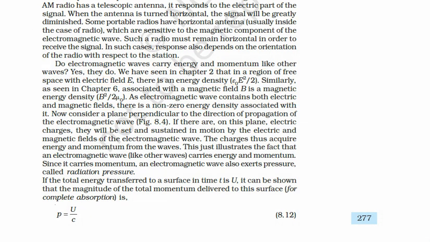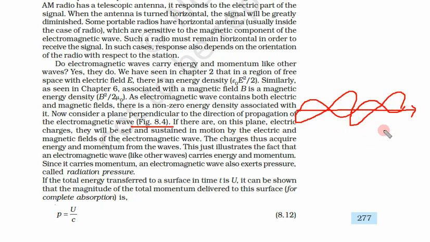So in the 8.4 figure we have seen a wave going on. The wave was traveling in this direction, the electric field was in one direction, and the magnetic field was perpendicular to both of them. So this was our wave. What we do is put a plane,